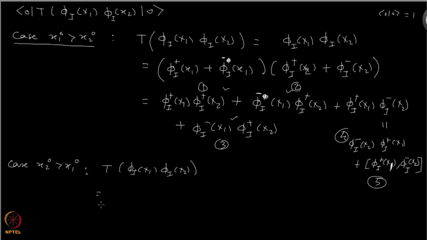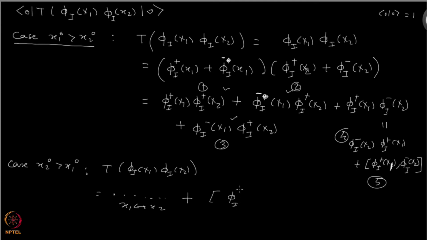And what would you get? You will get the same thing with x1, x2 interchanged, right? But still the operators which kill the phi pluses will be on the right and phi minuses will be on the left, and the difference will come in this commutator piece. So you'll get exactly the 4 terms as before with x1, x2 interchanged, plus this commutator,